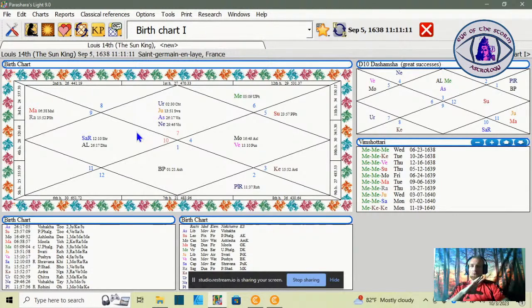Another interesting one to note here is this. Let's go ahead and actually I'll look at Saturn last. Let's look at Moon first. So Moon here in Cancer in Ashlesha Nakshatra, and it's with Venus as well, in Pushya. So this is in the 10th house. We can definitely see Venus in the 10th. That is always going to be an indication for wealth, especially when it's well placed like this.